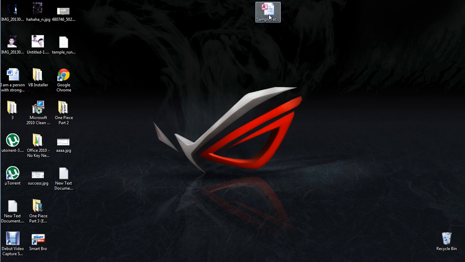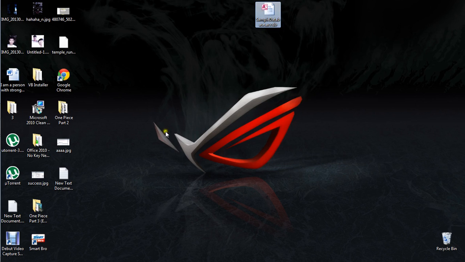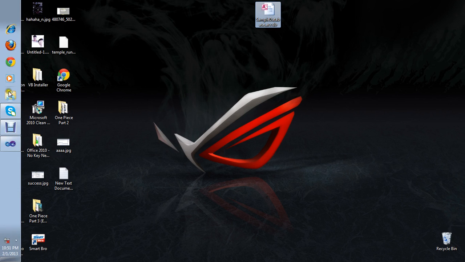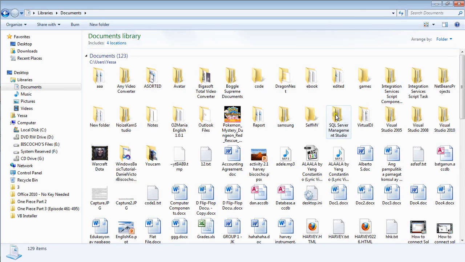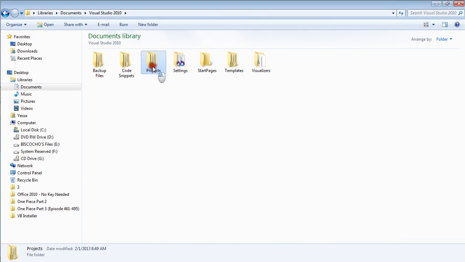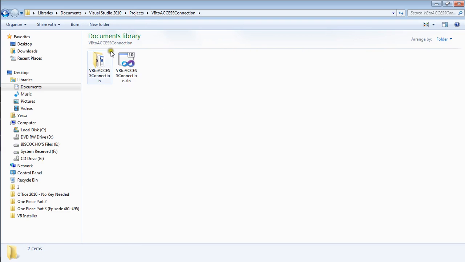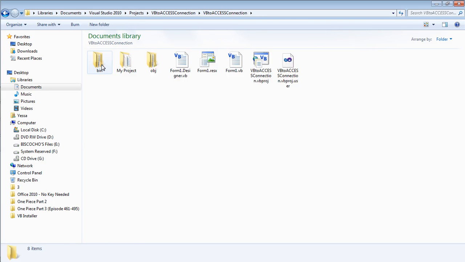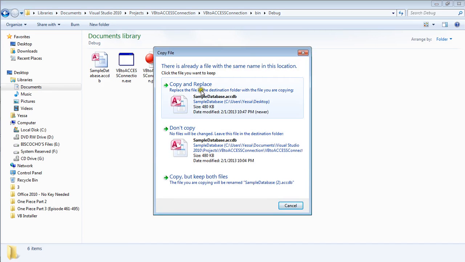You just have to copy your database and go to My Documents, the folder of Visual Studio 2010, go to Projects, find the name of your project, and that is VB to Access Connection, and in the bin debug folder, paste it.